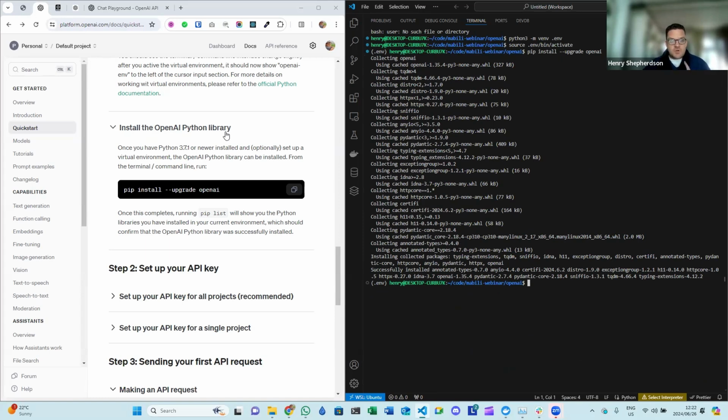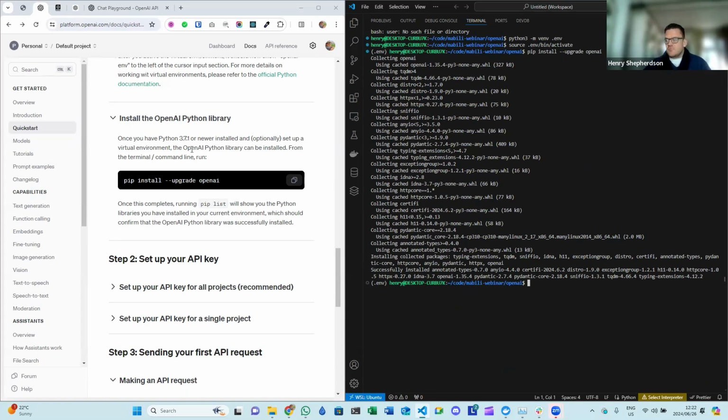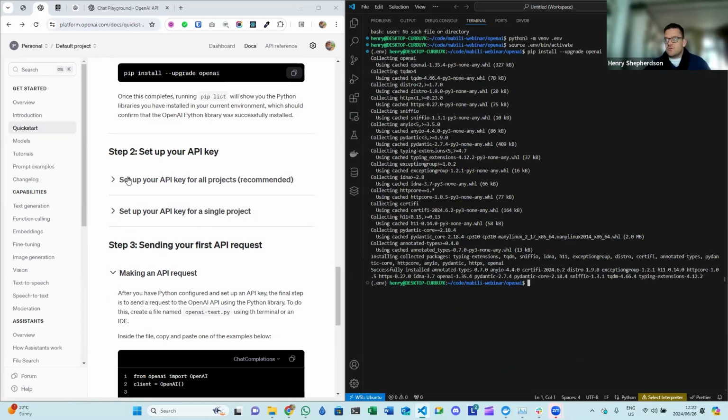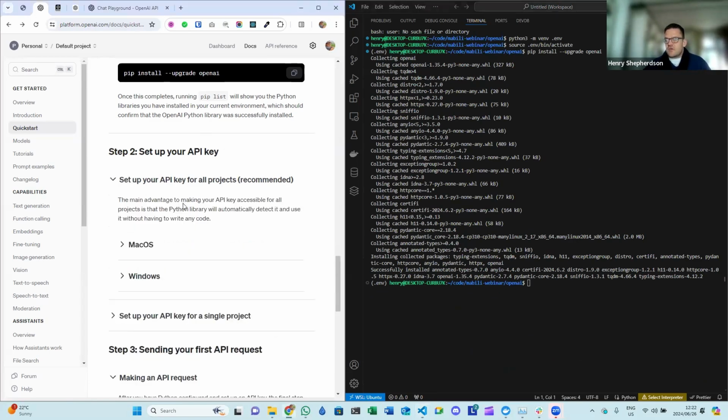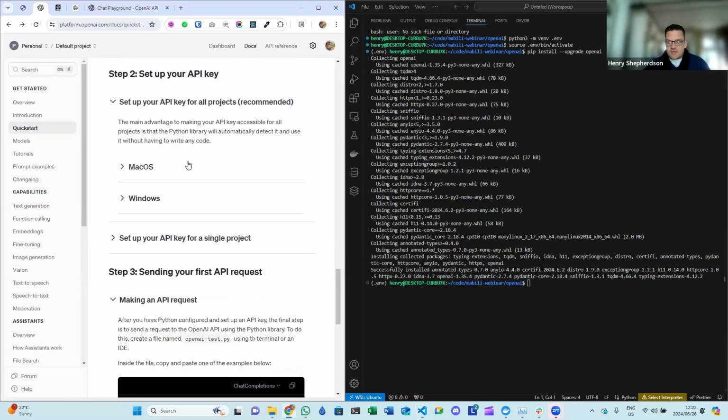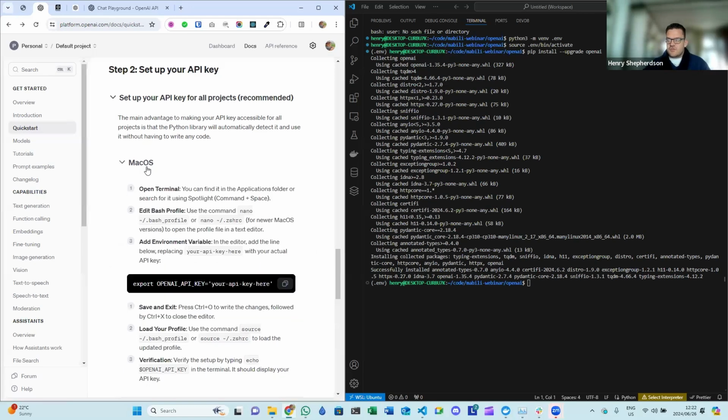Now the next step, coming back to putting in your key, is something that I have already set up on my environment. By the way, you can see I'm in a Linux environment. It doesn't have a Linux option, so for the Linux option, just use the Mac OS. It's the same process. So what you will do is open up, for me, mine is, so just find out whatever your bash profile